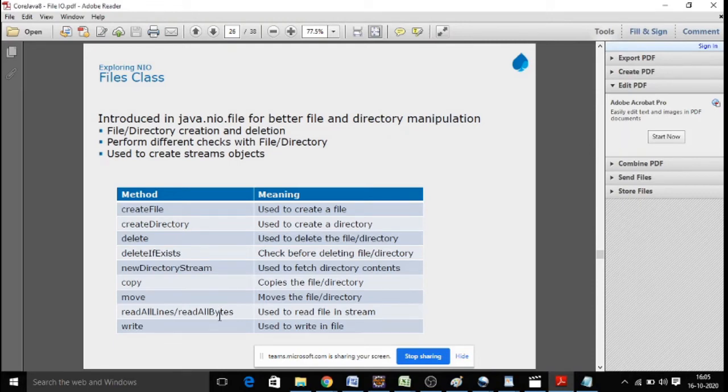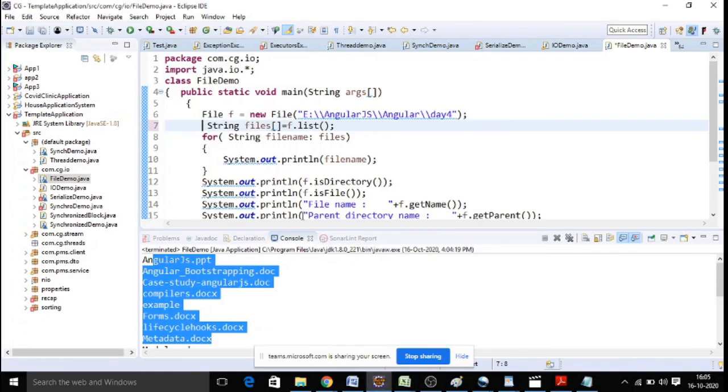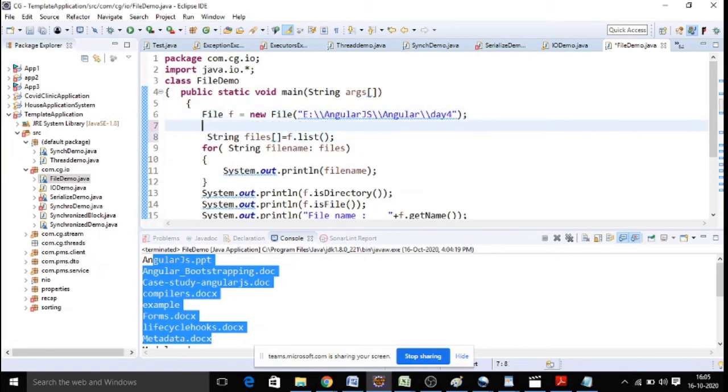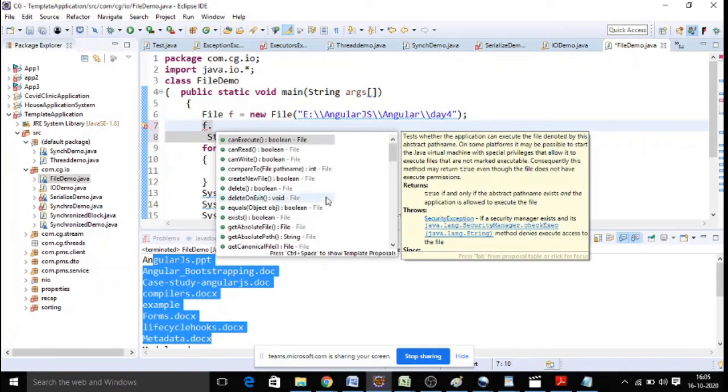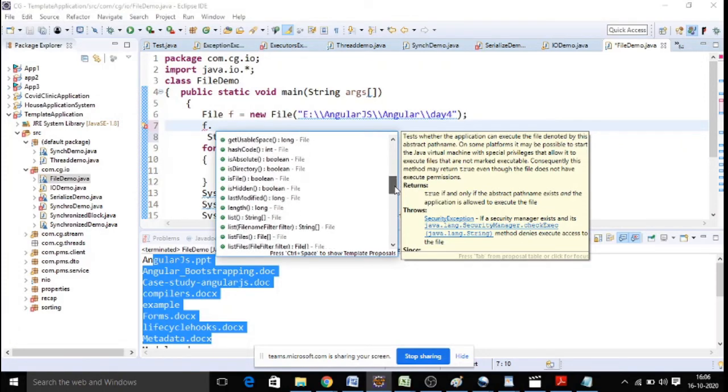In the File class, what all the different operations can we perform? We can create a file, we can create a directory, we can delete it if it exists. All these operations are possible. So you can check the methods. F dot, what are all the methods possible? Delete, can read, can execute, can write, exists, get absolute path, get parent, get the total space of your file, is absolute, is directory, is file, last modified.